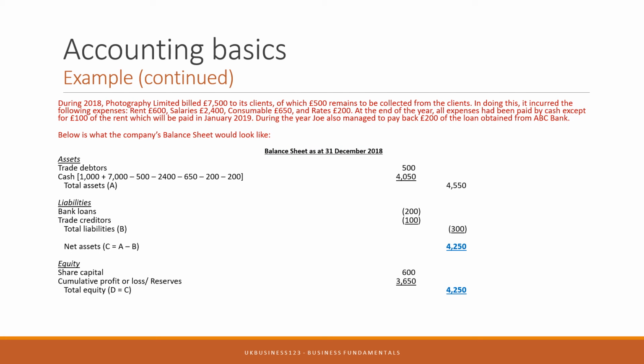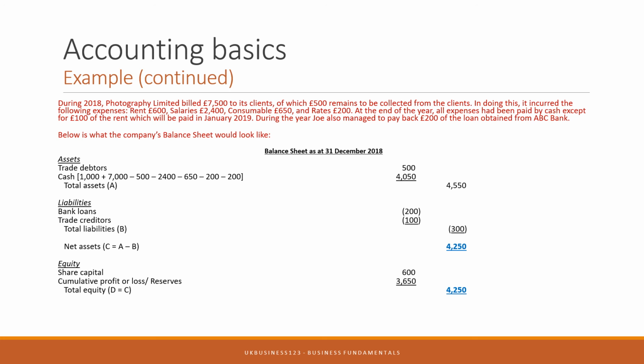What you're seeing on the screen is what the balance sheet looks like. So it is the same facts as we were dealing with for the profit and loss account, but this is the balance sheet. So we've got trade debtors of 500, which is what remains to be collected from our clients. Then cash, you see that we started with 1,000, then we earned 7,000, which we received from our customers. And then we paid some expenses there. We also paid 200 to ABC Bank. So what is remaining in the account is 4,050. So our total assets, which is 500 plus 4,050, give us